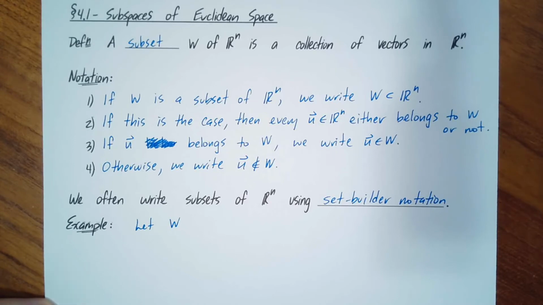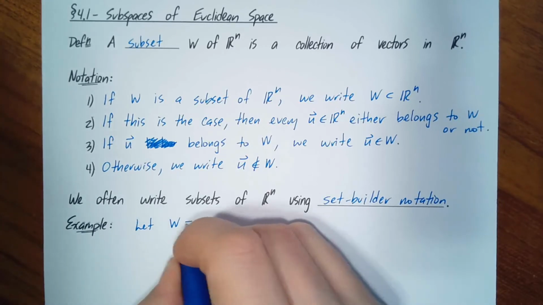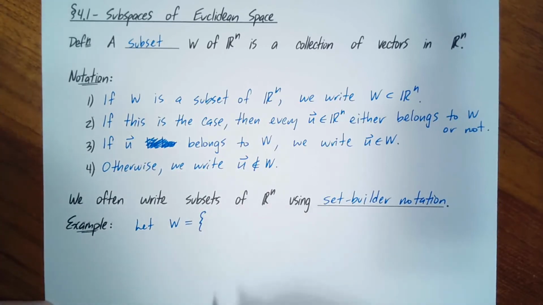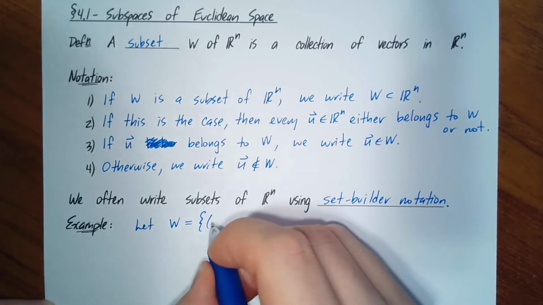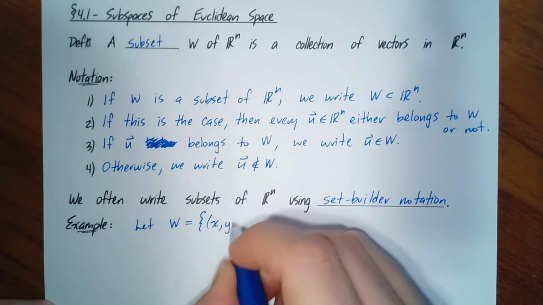just to keep in line with the convention I've already started. But it doesn't have to be called W. You can call it absolutely anything you like. So let W be the set of all, that's how you read that first bracket, the set of all vectors of the form (x, y)